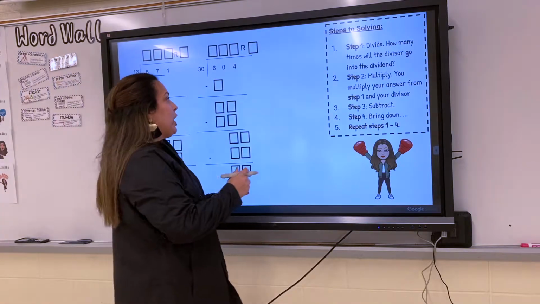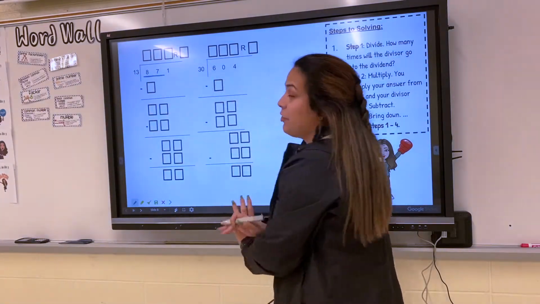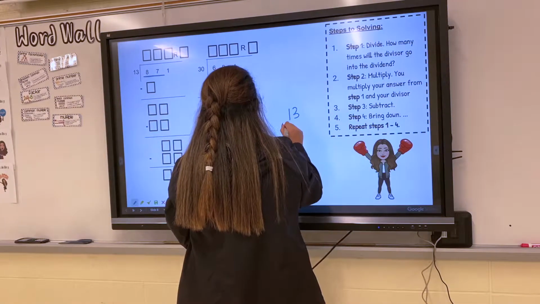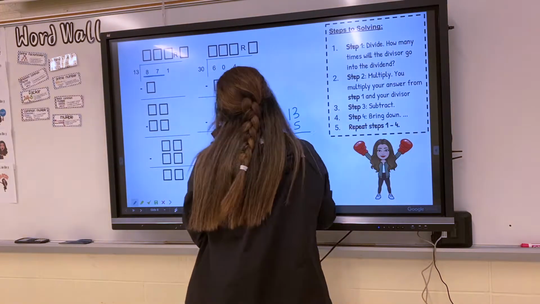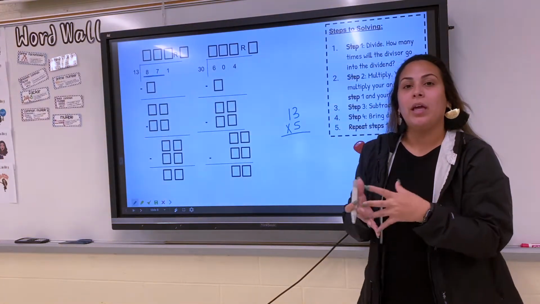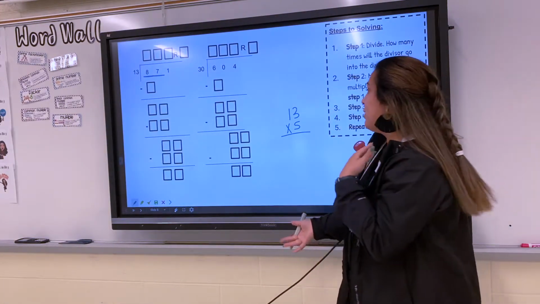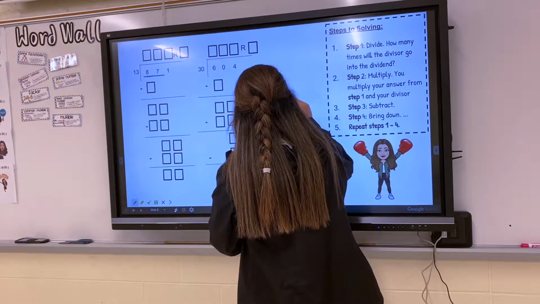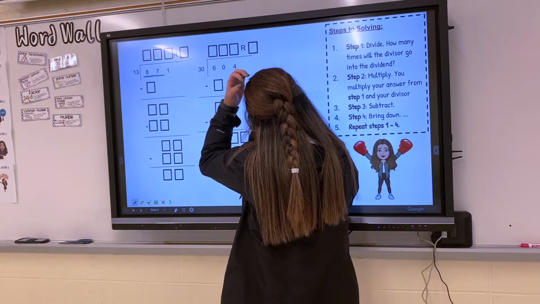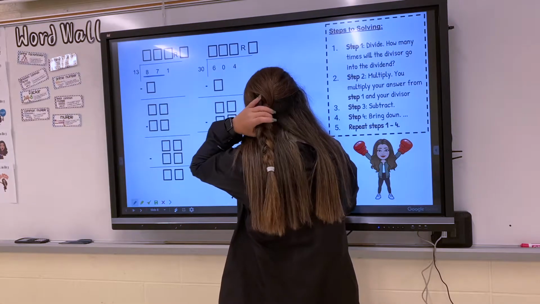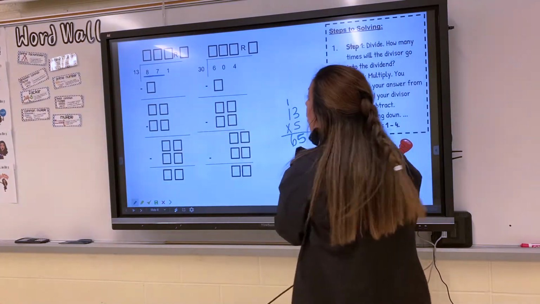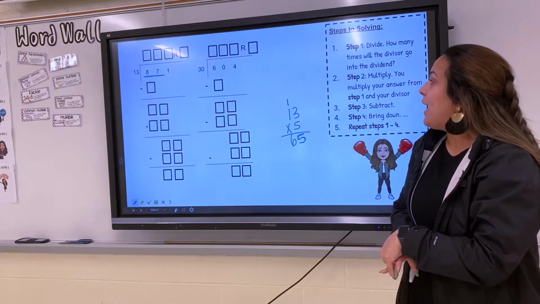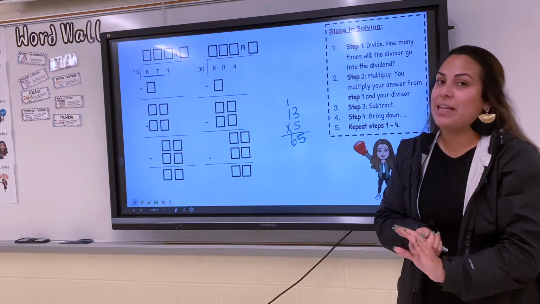So over here on my little empty part, I'm going to use this as my scratch paper. I'm going to start with 5 as my random number to multiply by because, you know, again, it'll give me a good point to know if I need to go higher or lower. 3 times 5 is 15. Put my 5. Carry my 1. 5 times 1 is 5. 5 plus 1 is 6. Okay. 13 times 5 is a contender, but I want to get as close to 87 as I can without